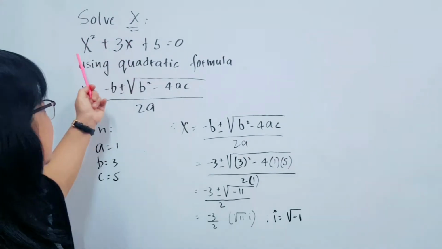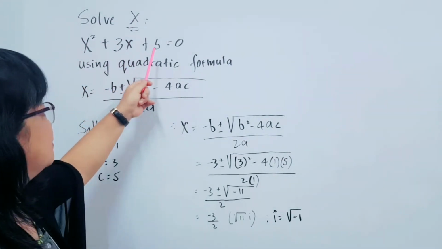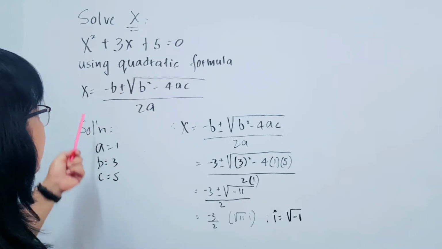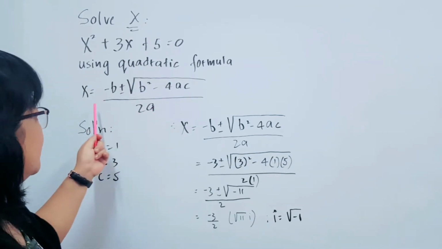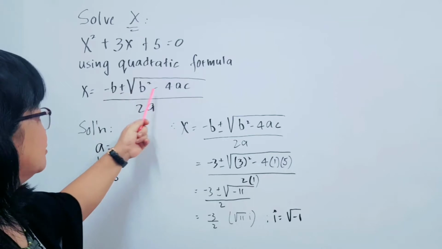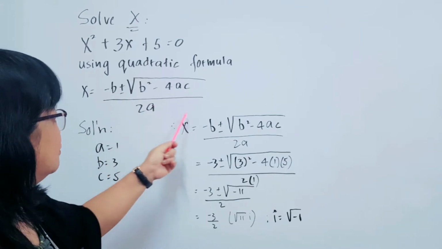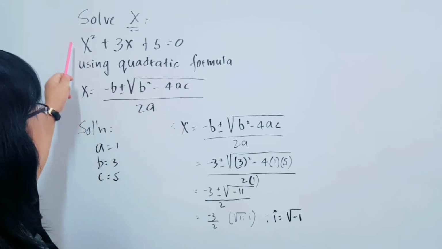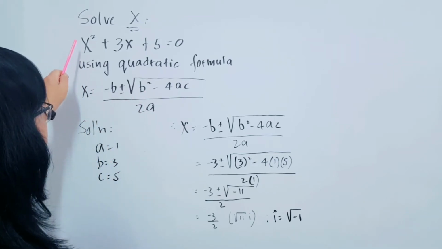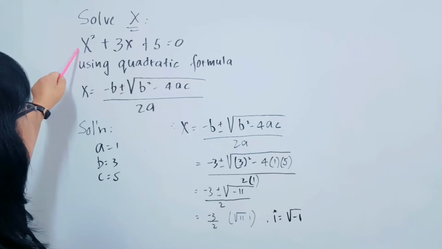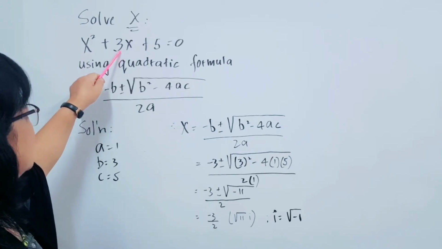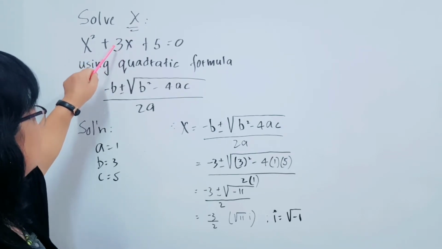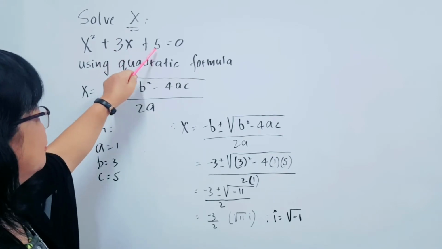Solve x. The equation x squared plus 3x plus 5 is equal to 0. Now, using this quadratic formula, which is x equals minus b plus or minus the square root of b squared minus 4ac, all over 2a. Now, this a, b, c is this one. This is a, the coefficient of x squared, this one is the coefficient of x, and this one is the